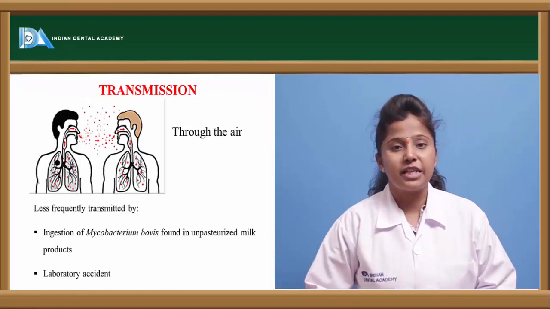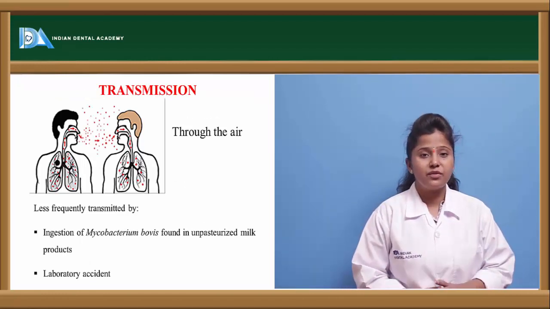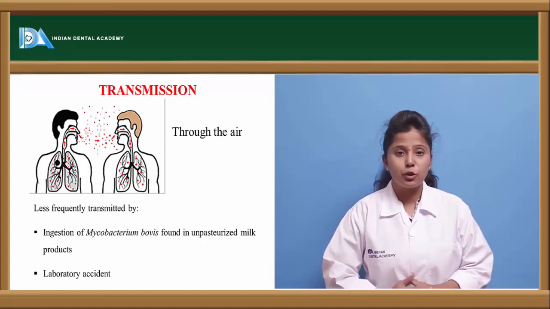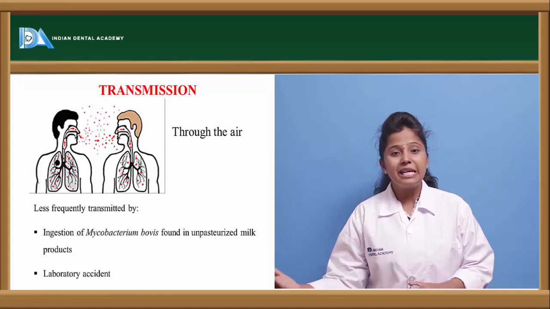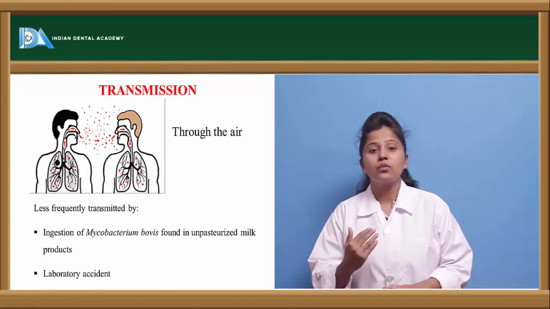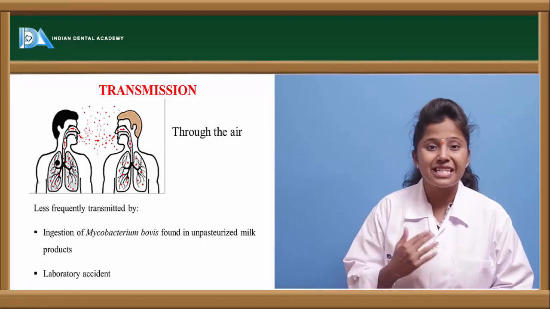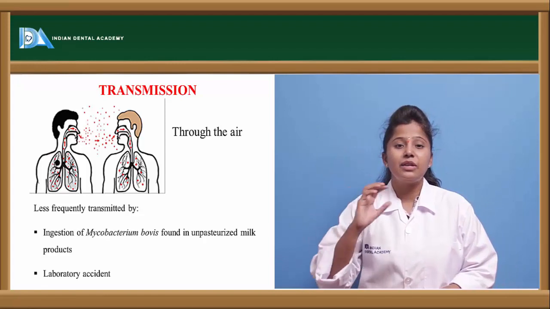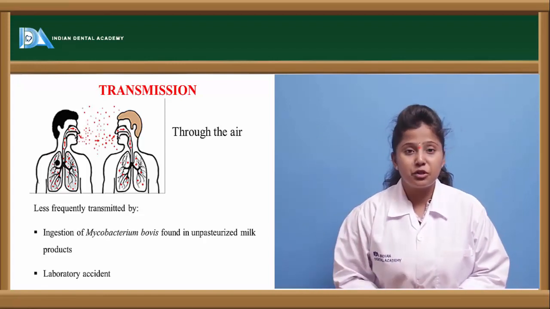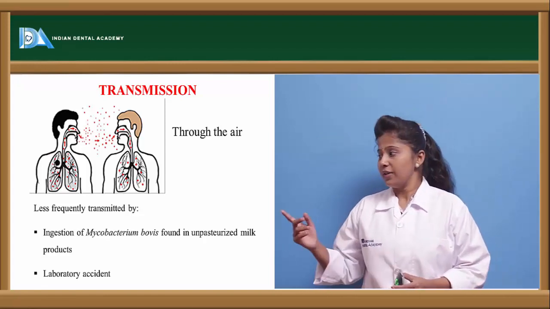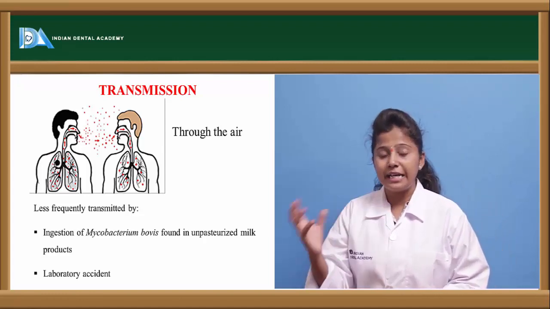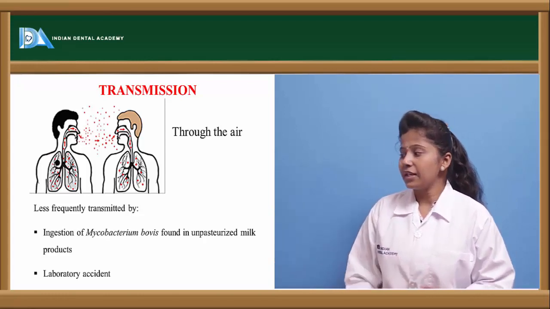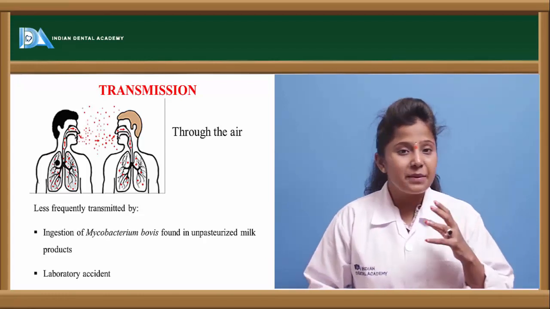How does the transmission take place, or else how is a person infected with tuberculosis? If a person is suffering from tuberculosis, and a healthy person comes in contact with the air or with the droplets of a cough or sneeze from the infected person, then definitely the bacteria will enter into the healthy person, and thereby the tuberculosis is spread. So here we can see the droplets directly entering into the healthy person. He will definitely be suffering with tuberculosis, and this is the main mode of